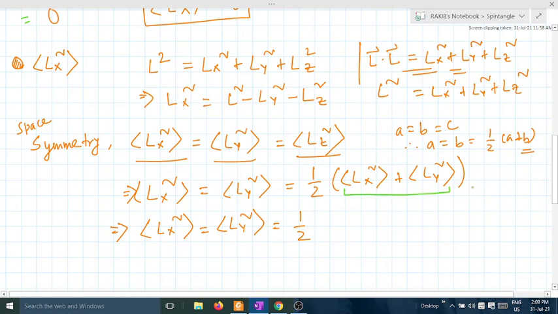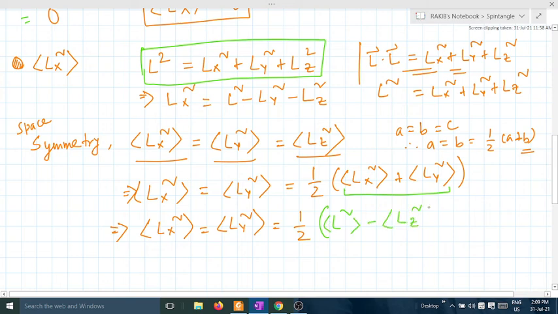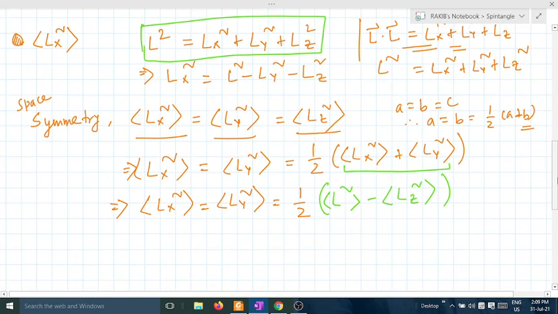In this place, from the above mentioned formula, we can write Lx square operator as L square operator minus Lz square operator. Is it fine? Here we can subtract. Okay. Then finally we have got one thing that